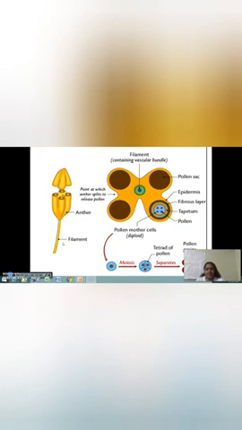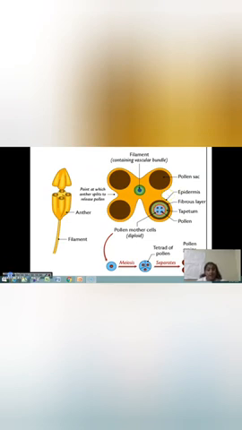The transverse section of anther is represented here. So here we can see anther is tetragonal, that means a four-sided structure, with four microsporangia at the corners. Children, can you see four microsporangia at the corner? The first microsporangium, second microsporangium, the third one and fourth one. Children, keep it in mind: microsporangium is a singular word, whereas its plural form is microsporangia. Okay, so altogether we can see four microsporangia at the corners, two at each lobe.